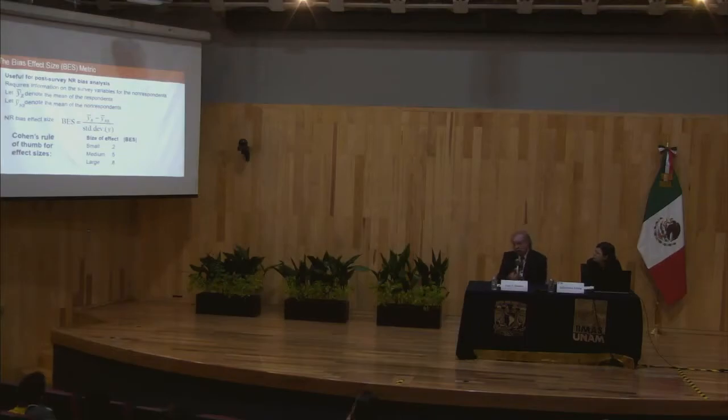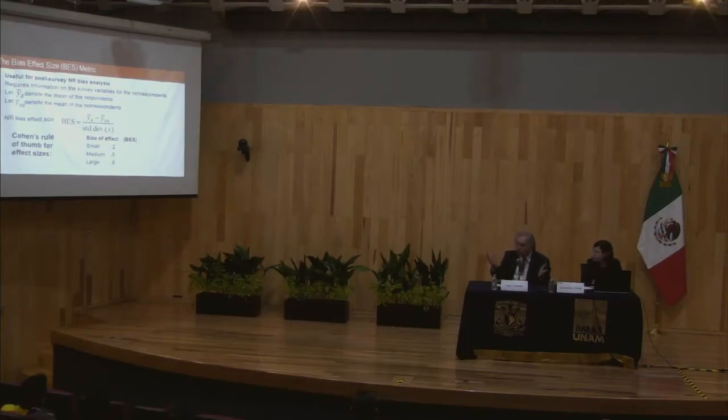Basically, what you're looking at is, and again, you can do this on X variables if you don't have the Y's. I use Y here, but think of it in terms of the auxiliary information that one can use here. So you have the mean of the respondents and the mean of the non-respondents. That's what Y bar R and Y bar NR stand for, respondents and non-respondents. And then basically you're looking at that over the standard deviation of the Y, which is the definition of an effect size.